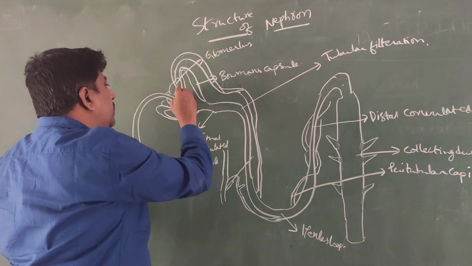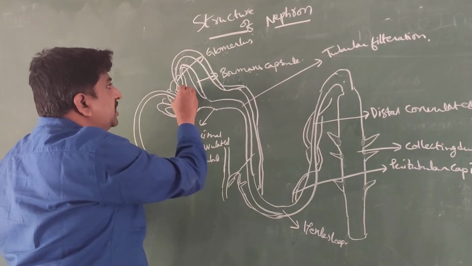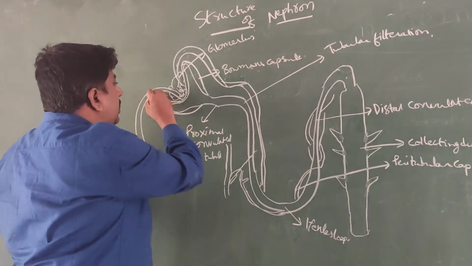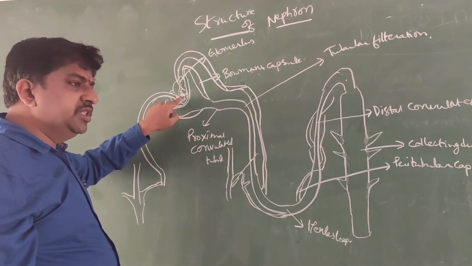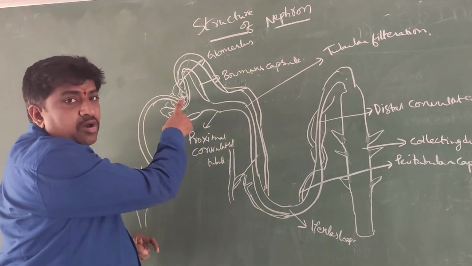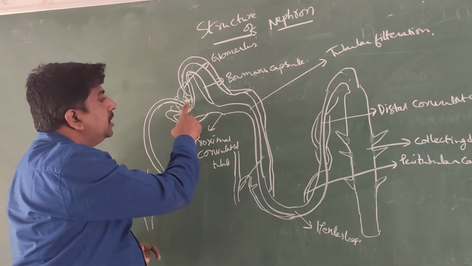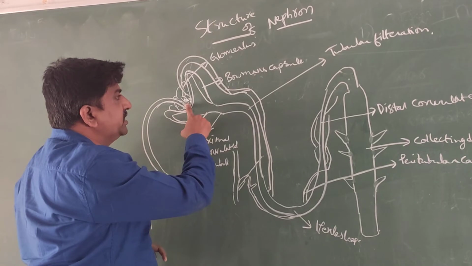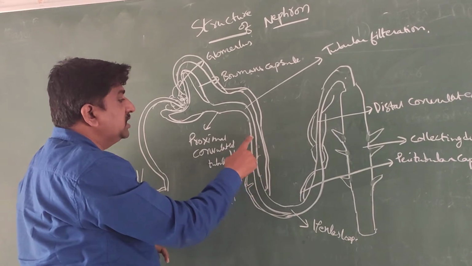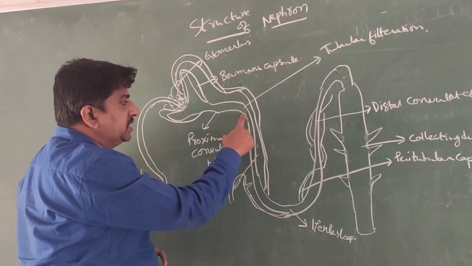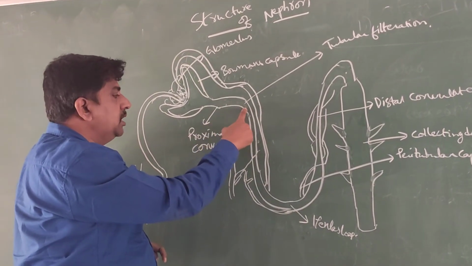A number of podocytes or pore-like structures are seen inside this glomerulus, which is useful for filtering the blood. The glomerulus is useful for filtering the substances. Except the proteins, all the substances are filtered and the proteins are reabsorbed back. The filtered waste substances go into the first region called the proximal convoluted tubule. Whatever urine enters the first time, that is called the primary urine.